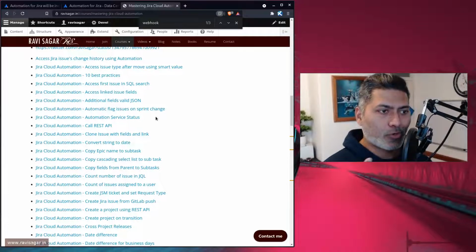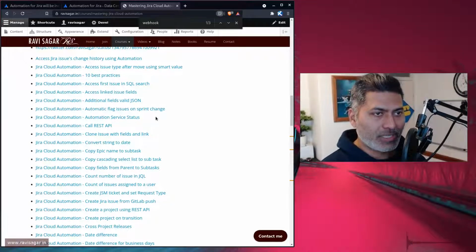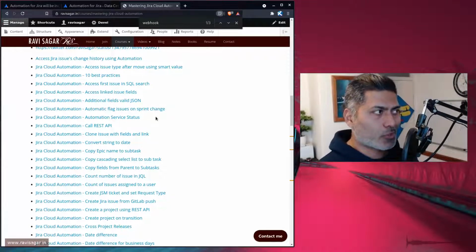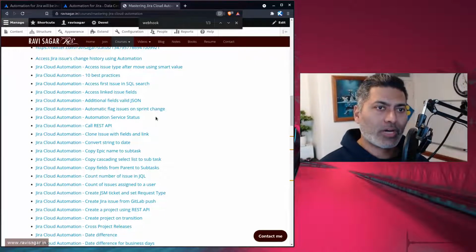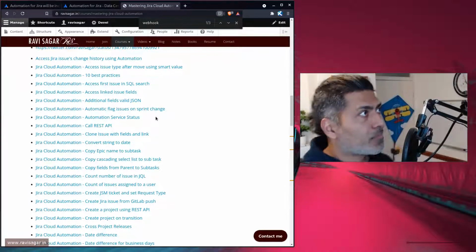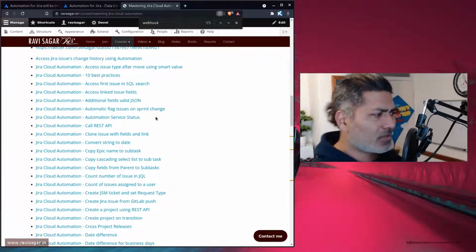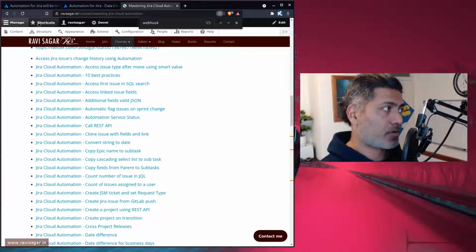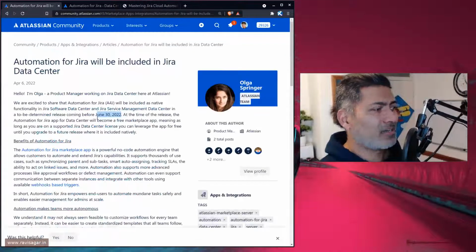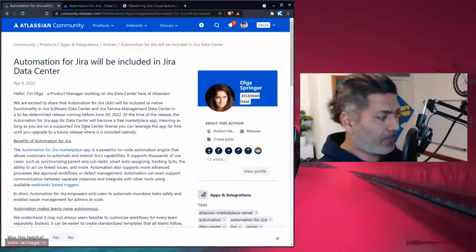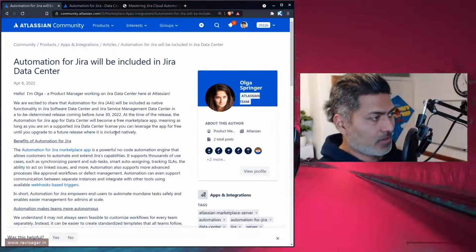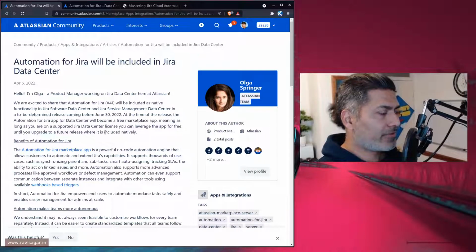But of course, because you're not writing your own code, using automation rules you're not really going to implement a bit more complex business logic. And of course, that is where ScriptRunner comes into the picture. But I think many clients will appreciate this native feature